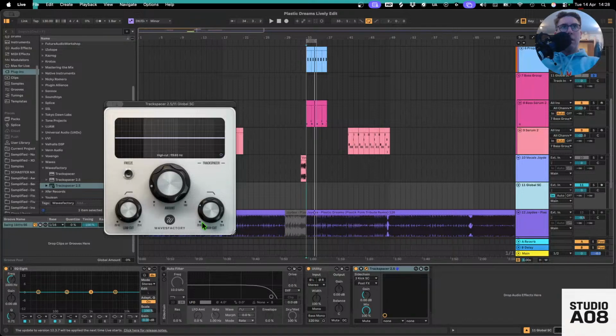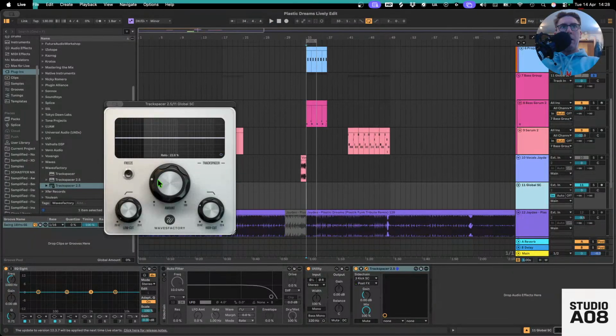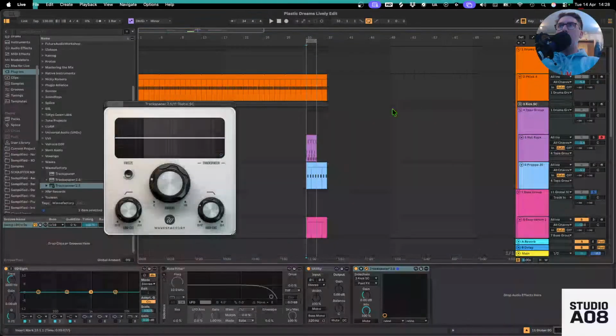So let's make it 120, or as close to 120 as we can. Make it about 23%. So we're mixing in the sidechain, and now if I put the kick in there,